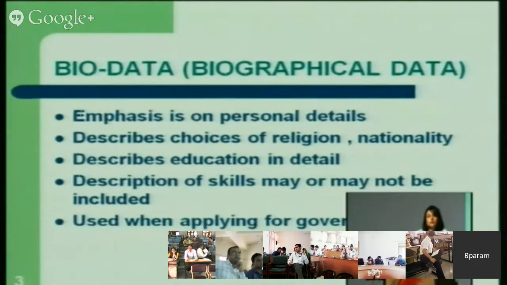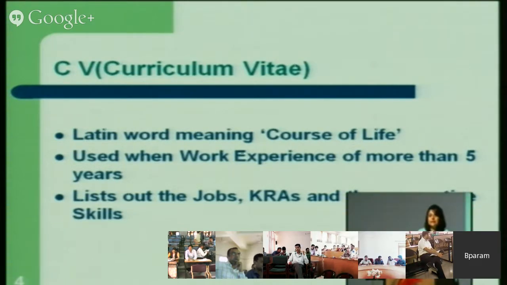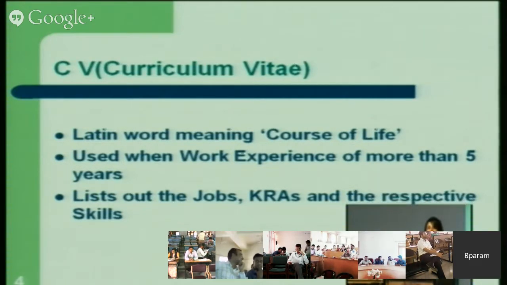Alright, let's move ahead. Let's come to CV. Now CV is a Latin word which means course of life, and CV stands for curriculum vitae. Curriculum again means course, vitae means life. Now curriculum vitae or CV is usually made by freshers, but then we feel that it is not the apt